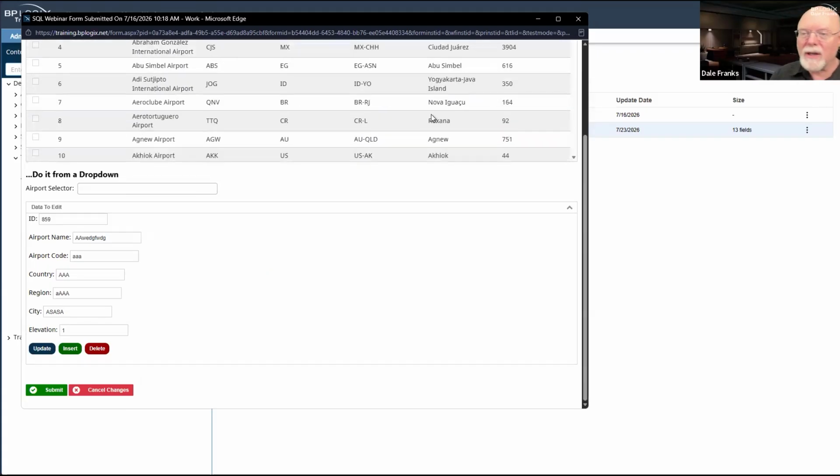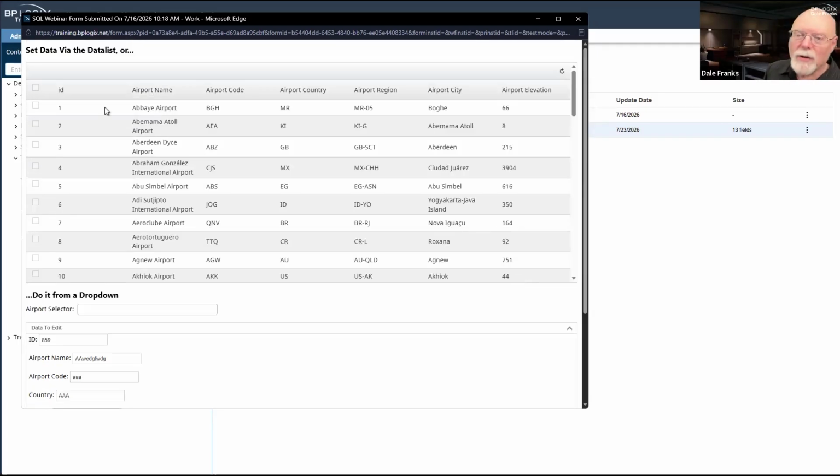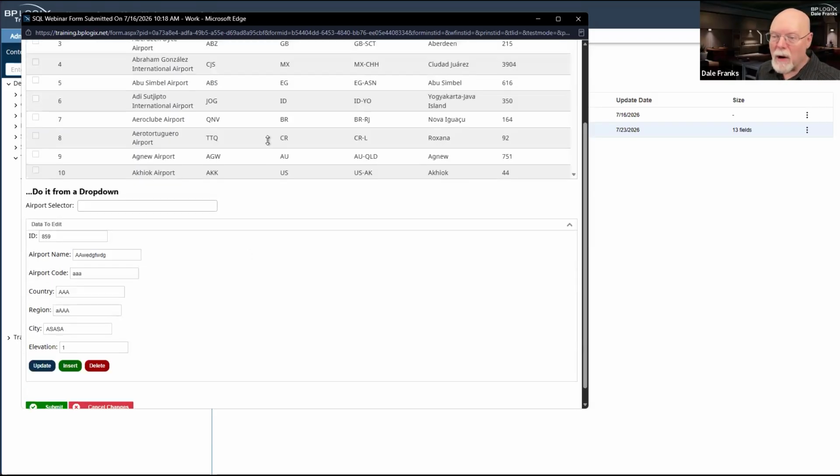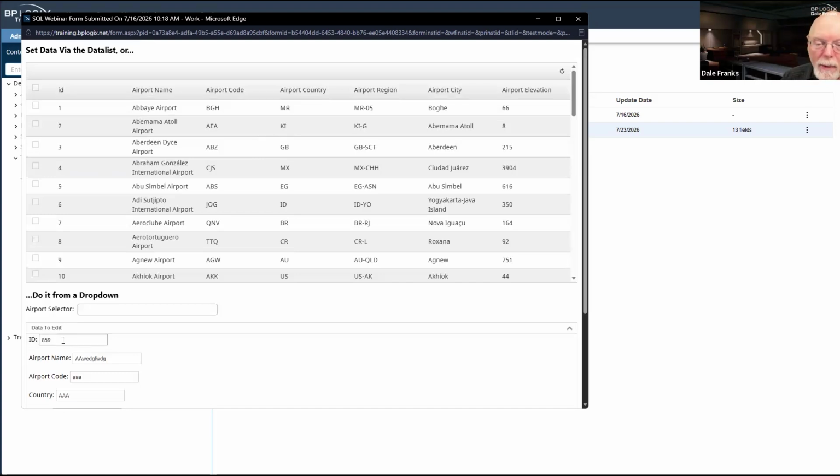I notice it mostly because my AA whatever airport is gone, and now Abaye Airport is back to being the very first airport that gets listed whenever we are listing here an airport name. Now, I don't remember what the other airport was, but I do remember that the ID was 858.